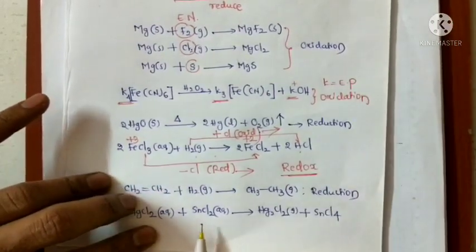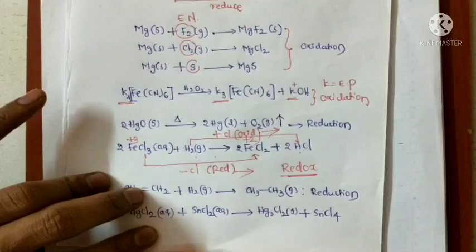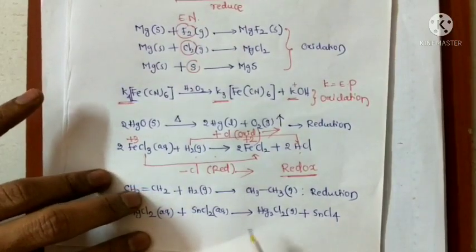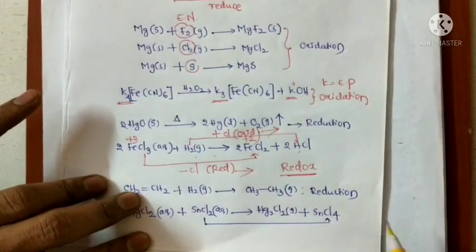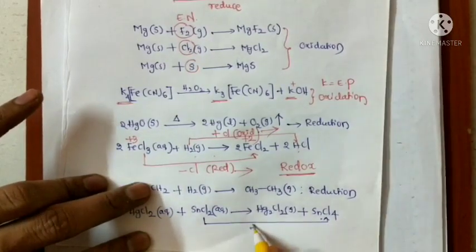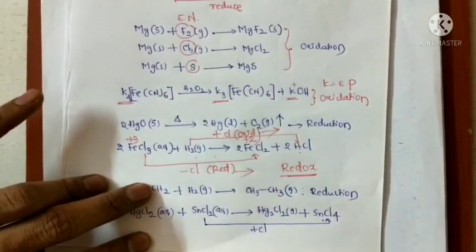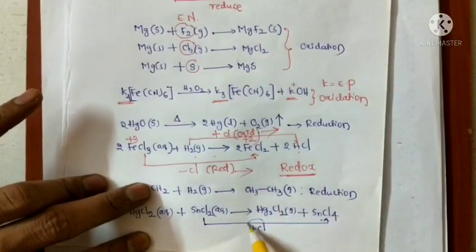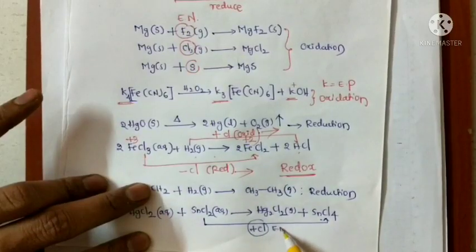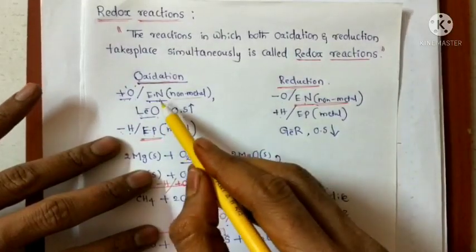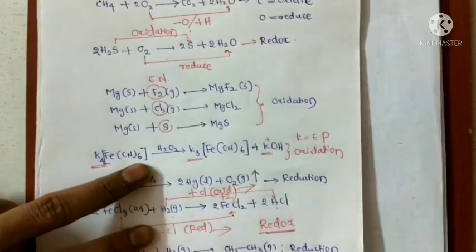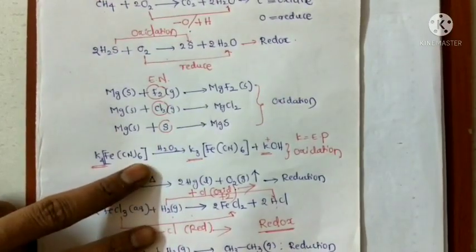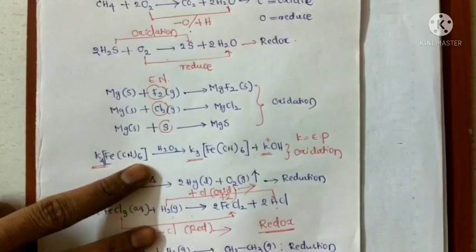Next one, SnCl4, stannous chloride and stannic chloride. So here, SnCl2 is converted into SnCl4, meaning addition of 2 chlorine atoms. Addition of chlorine, an electronegative element, that means a non-metal. Addition of a non-metal we call oxidation. That's why stannous chloride undergoes the oxidation process,